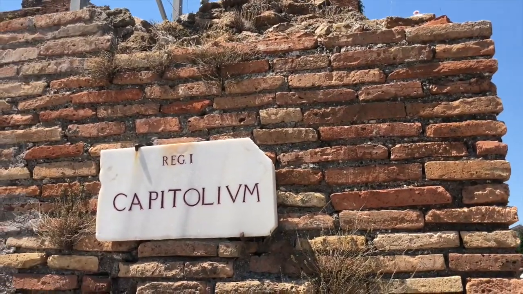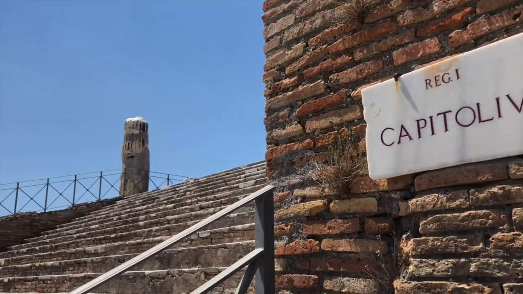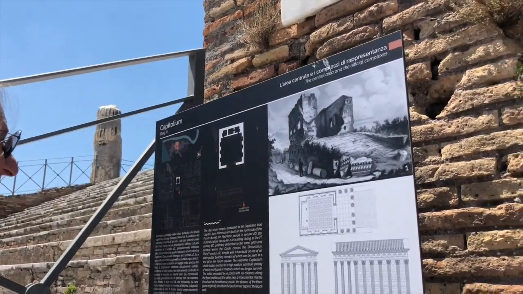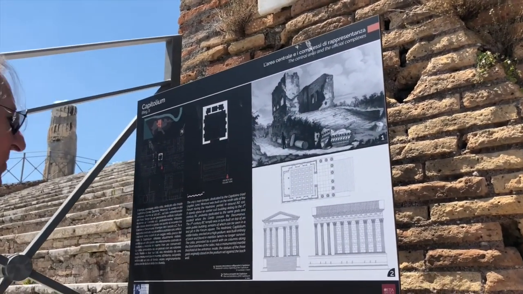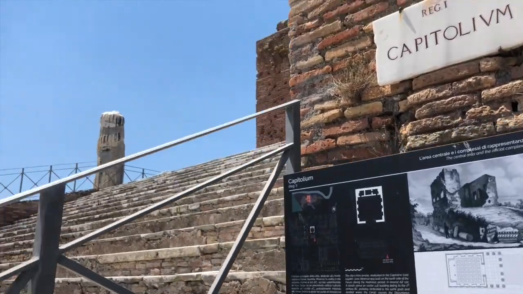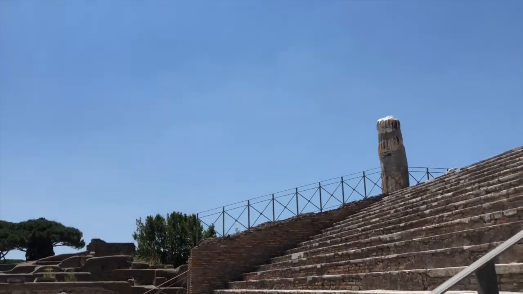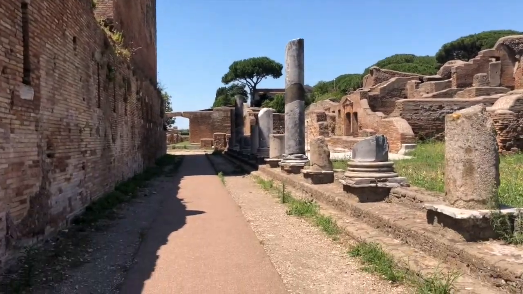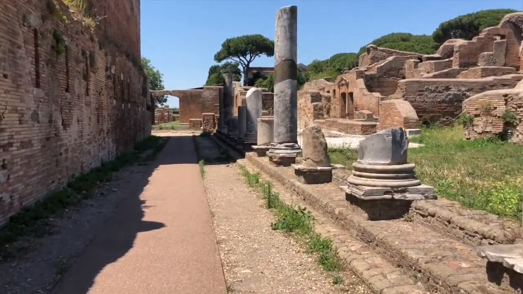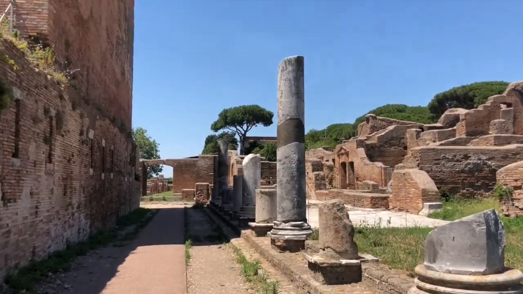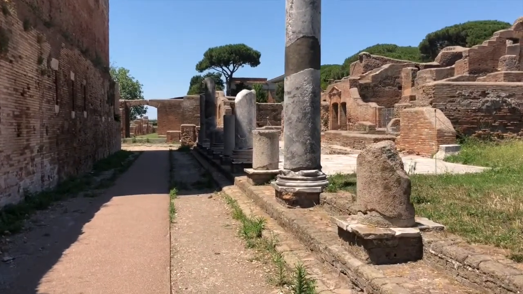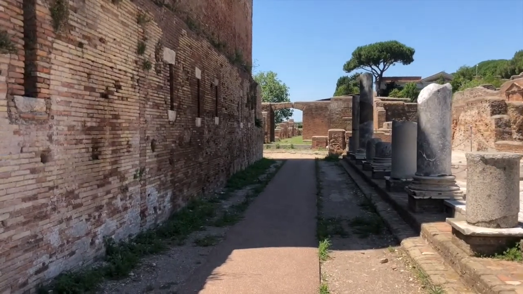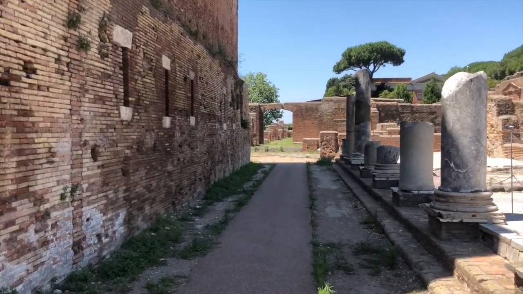That's when the present Capitolium was built. And it was replacing the previous one built in the 1st century before Christ, that at the same time was built over an ancient temple. And now we're going to see